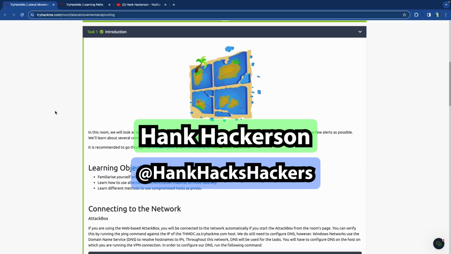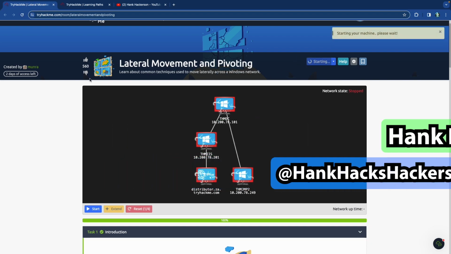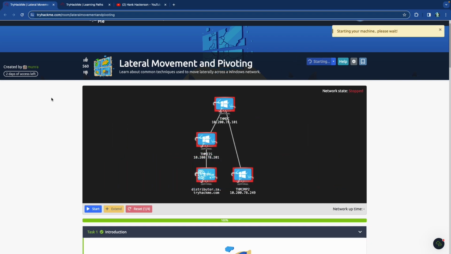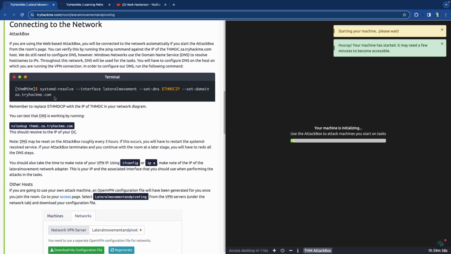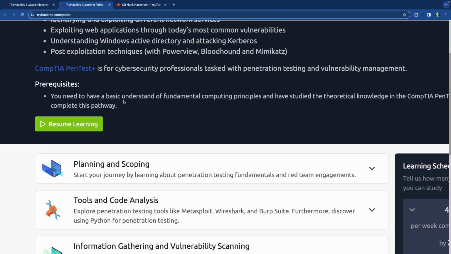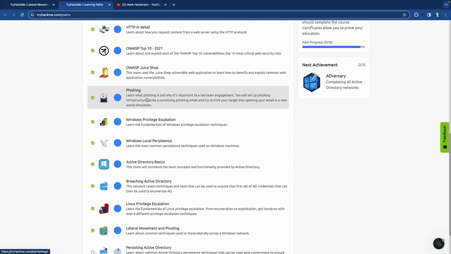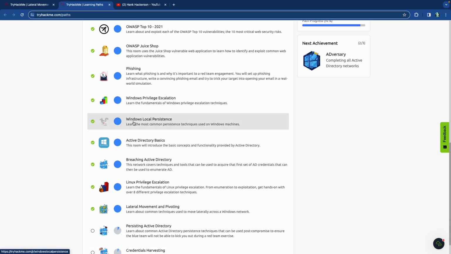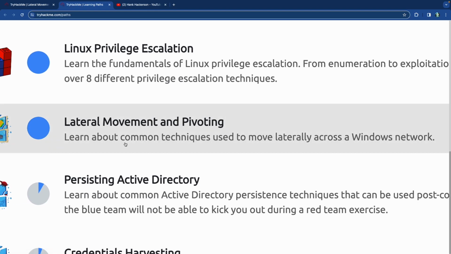And in today's video, we are going to be going into lateral movement and pivoting, which is a continuation in the Windows series for PenTest Plus. So this is the full path on PenTest Plus. And we've done a bunch of these things. We did the privilege escalation, local persistence, Active Directory, breaching Active Directory, and now we are in lateral movement and